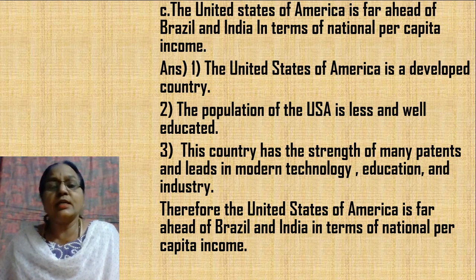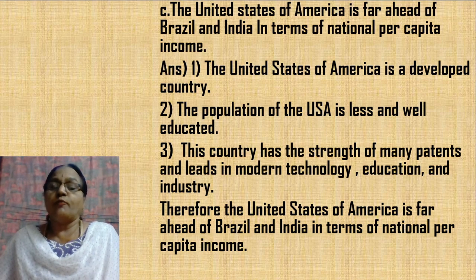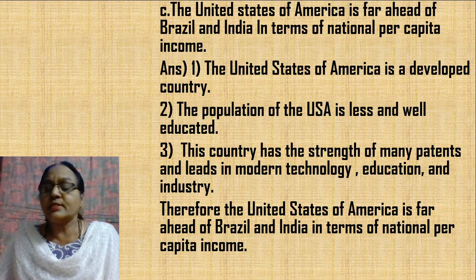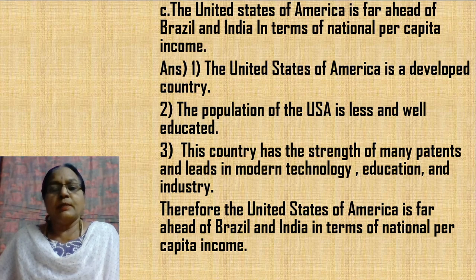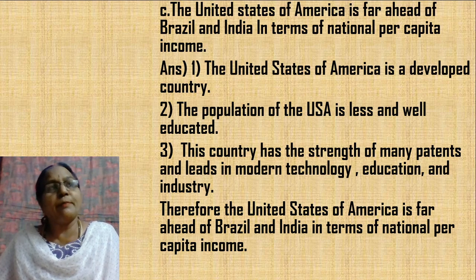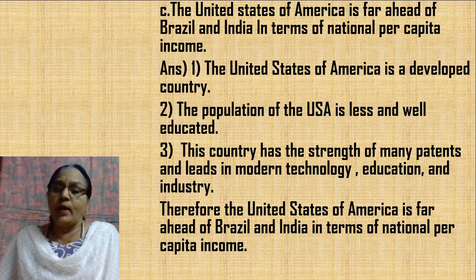The next one, the third one: the United States of America is far ahead of Brazil and India in terms of national per capita income. The United States of America is a developed country. Compared to India and Brazil, you find the United States of America is a developed country. The population of USA is less and well educated. So when you compare it with India, you find the population of USA is less, and also it is literate,